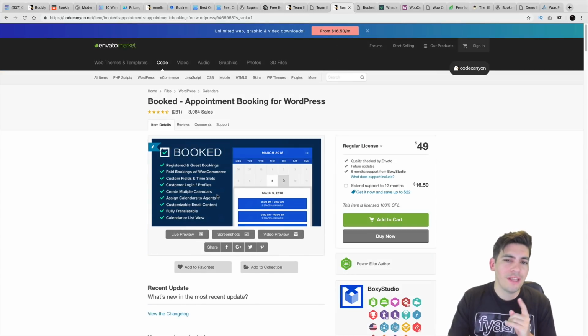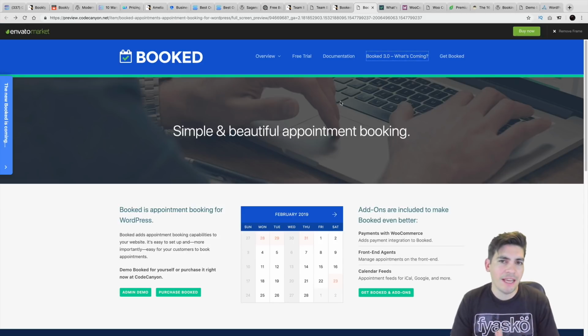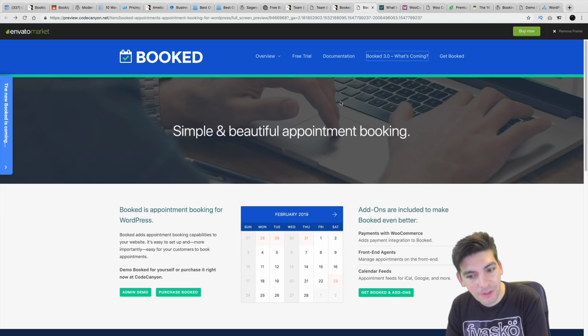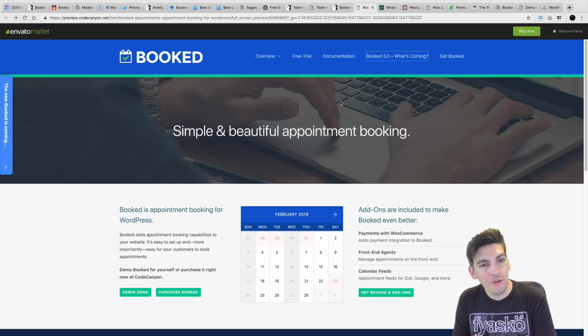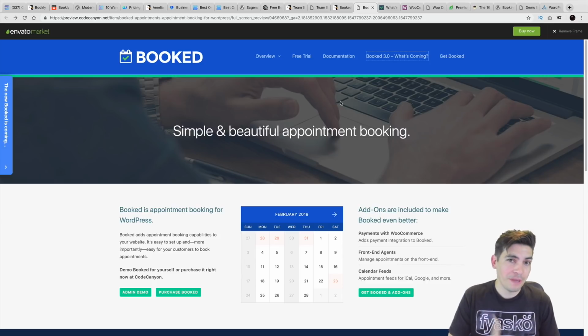Now, there is one thing that I did not like about this plugin, which is that it is kind of overly complicated. While I do say that it is overly complicated, the plugin just has a lot of features, maybe even too many features, but that's a good thing. So if you're someone who is fluent with WordPress and you're fluent with a lot of plugins, it's probably the best plugin for you. But if you're a brand new beginner, I'm going to be honest,